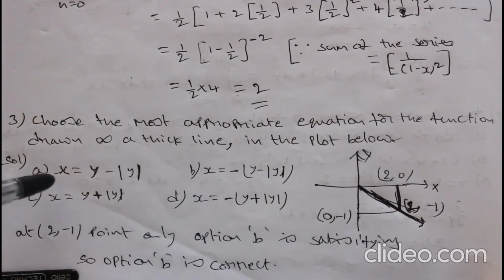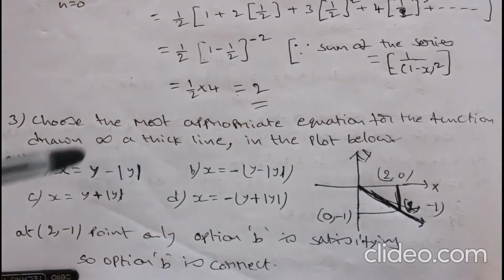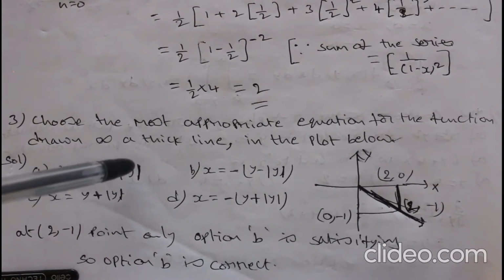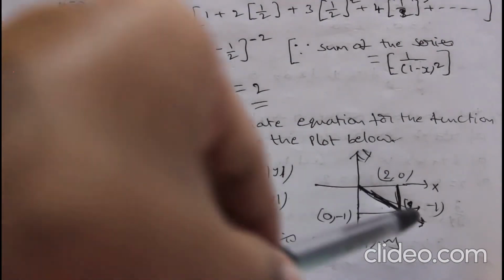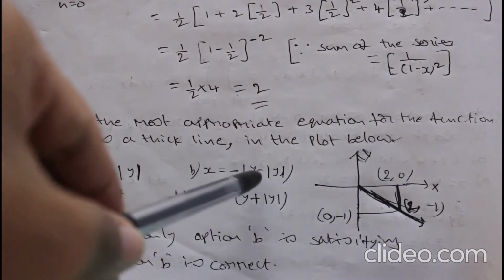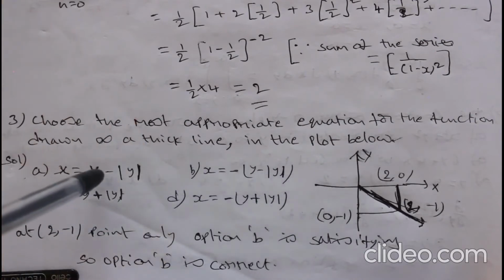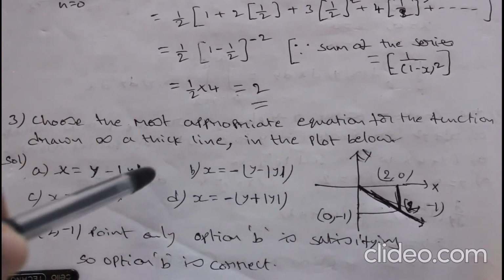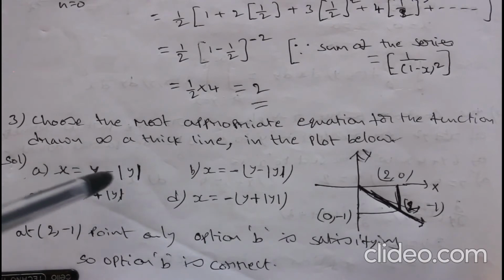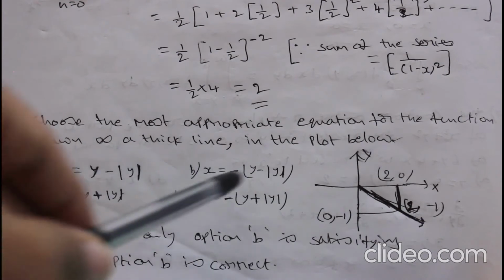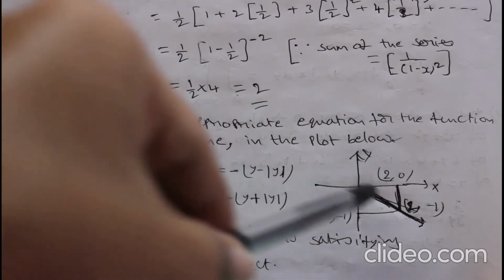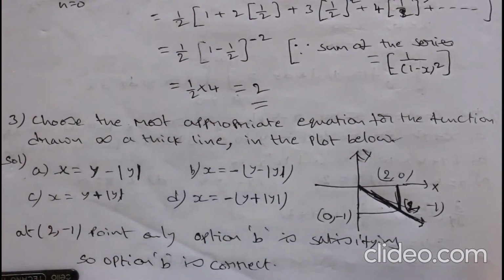So substitute y is equal to minus 1: minus modulus of minus 1 is nothing but 1. So minus 1 minus 1 gives minus 2, but x is equal to 2, and 2 is not equal to minus 2. So option A is not correct. Look at option B. Here see, friends, y minus modulus of y is given directly, but in the option 1 minus is added. So what we got is minus 2, so minus 2 equals minus 2, with x is equal to 2. So it is satisfying. So option B is correct.